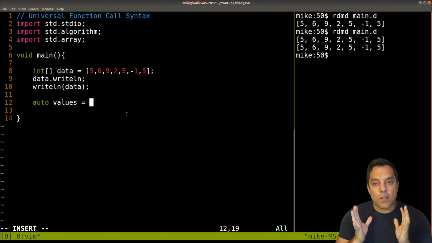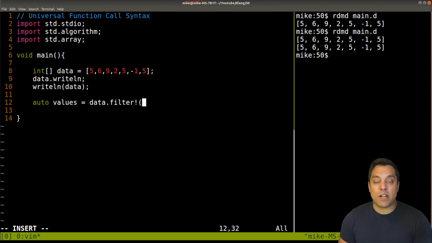So just follow with me. The important thing is the universal function call syntax. And what I'm going to do here is filter that data. Now, this is a template here, and it requires a predicate. We'll talk about templates, predicates, lambda functions, and these things in the series, so make sure you subscribe later. But the point is, I just want to filter out everything that's greater than, say, 0 here, or